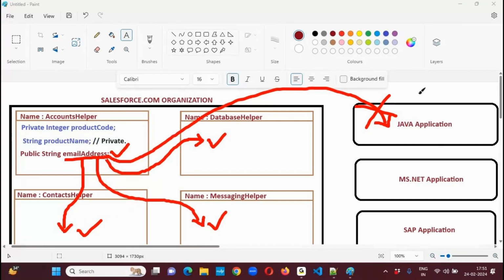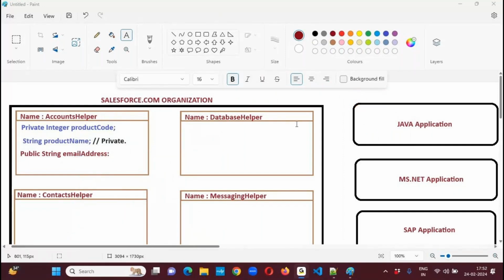Okay, clear? So whenever we are implementing our own custom business logic, classes will be defined as either public or global, not private. Okay, clear? Next,